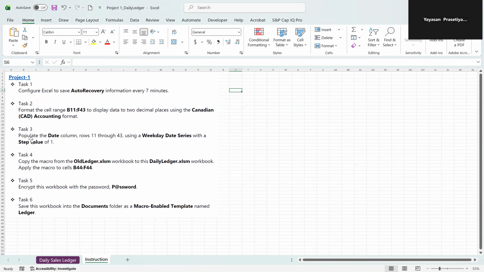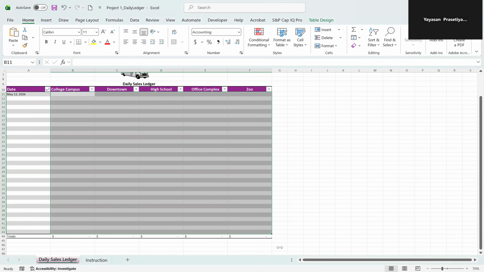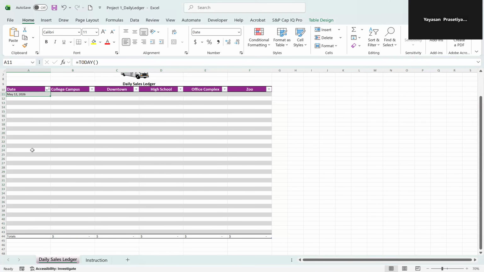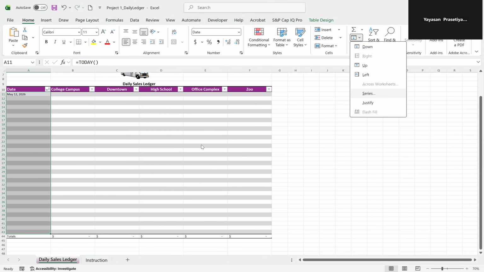We jump to number three. I have to populate the date column, rows 11 through 43, using a weekday date series with a step value of 1. That means we have to fill in all the blanks on column A with the setup of the date series.